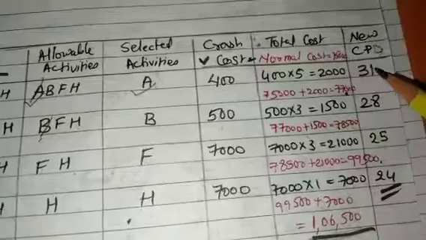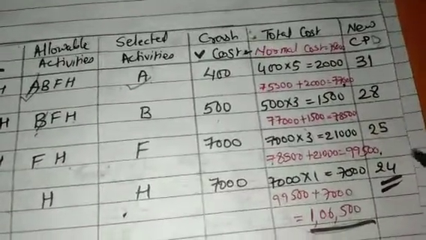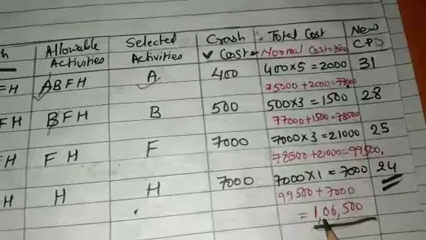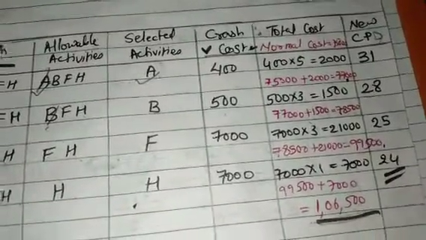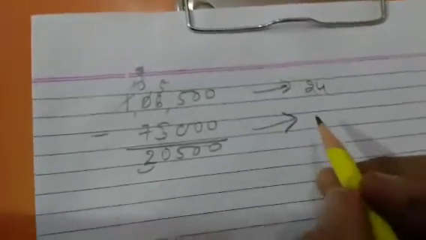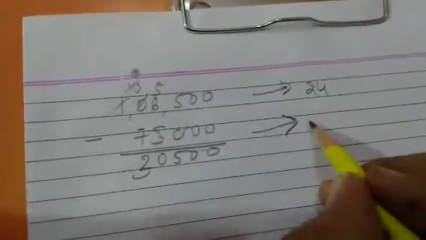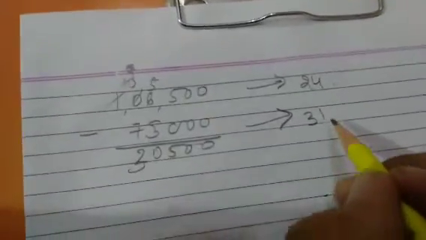So just see the difference. From 31 days you are reducing your network to 24 days, and your cost has increased to 1,06,500. If we would be delaying our project, then the cost would be 75,000, but our project would be available on the 31st day. So the difference we